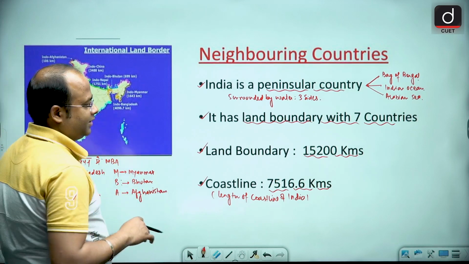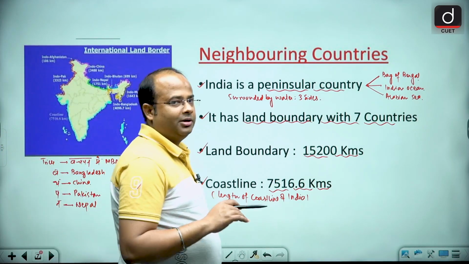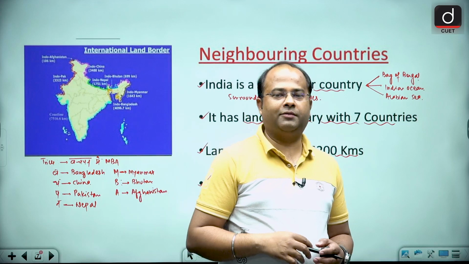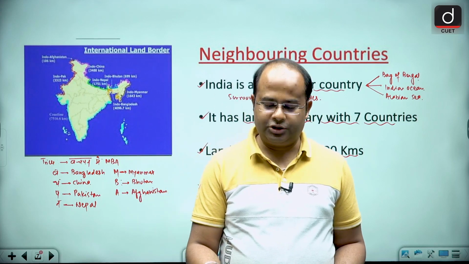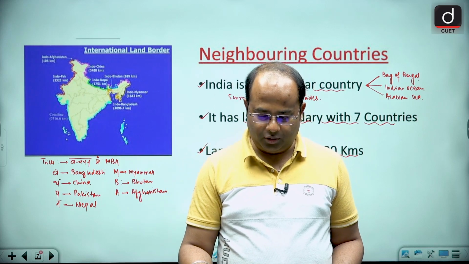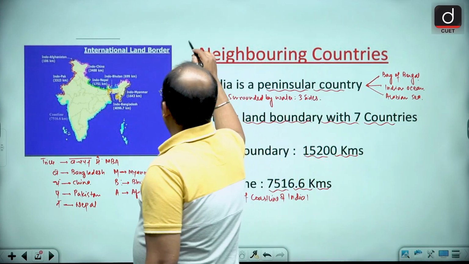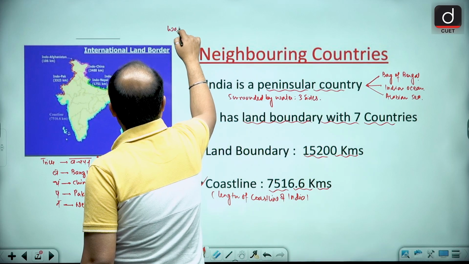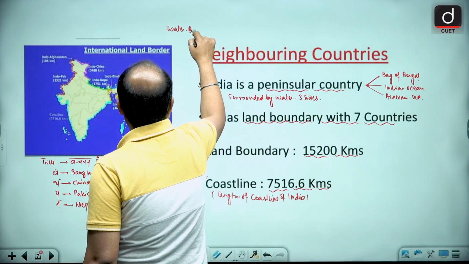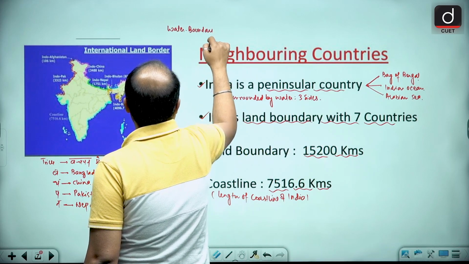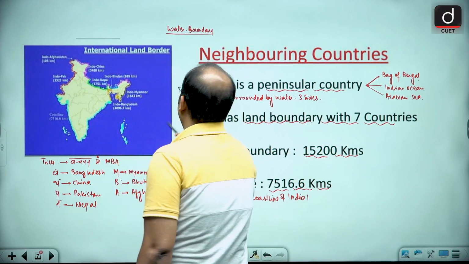So these are the 7 countries with which India shares the border. These are the 7 countries, my dear learners, with which India shares the land boundary. Although, guys, we have the water boundary as well, since India is a peninsular country, and the water boundary for every country